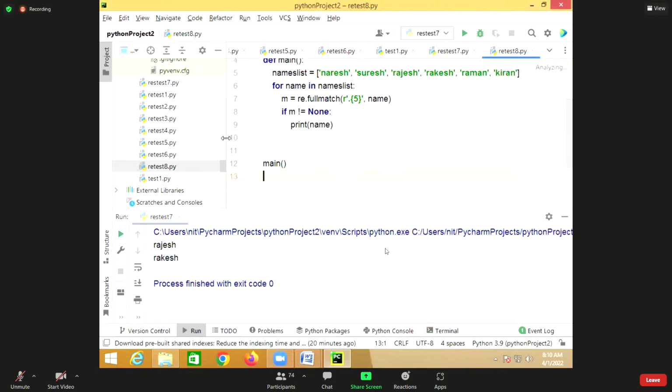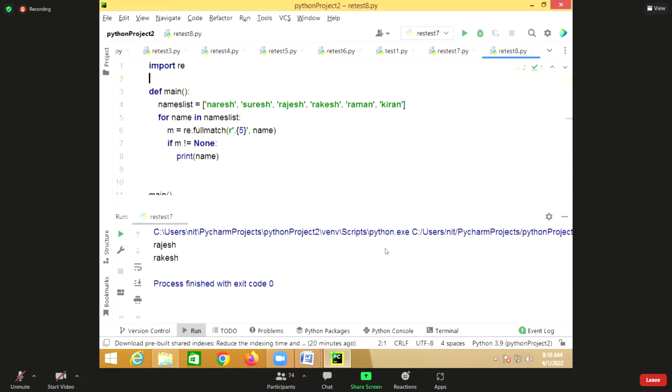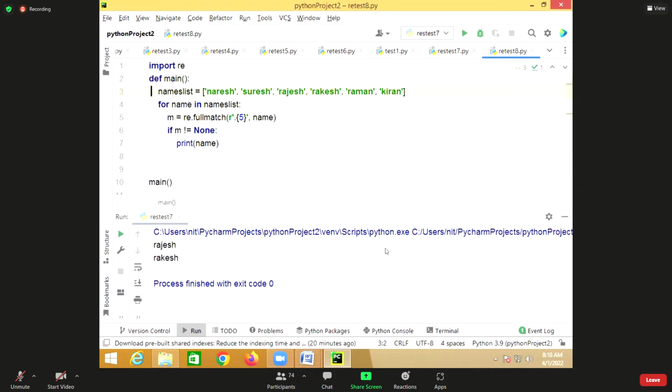There is a names list which contains the names. Now you can say these are the list of names. Every time you are reading one name,